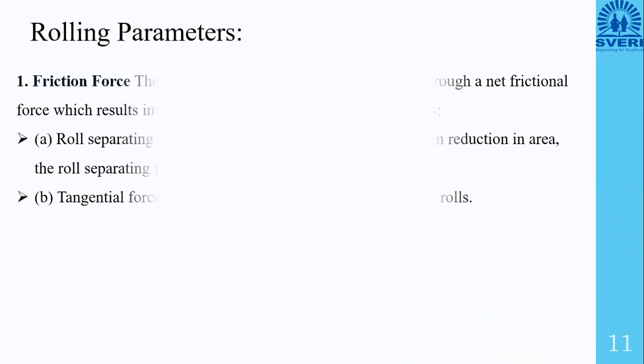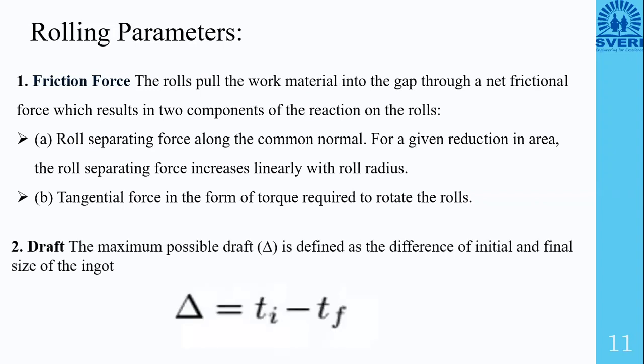Then, based on this rolling, what are the parameters? First is definitely friction force. What do we mean by friction force? The rolls pull the material into the gap through net frictional force, which results in two components of friction on the rolls. Rollers are in rotary condition. When you insert the material, the rollers will stick to that material for a few seconds and they will pull the